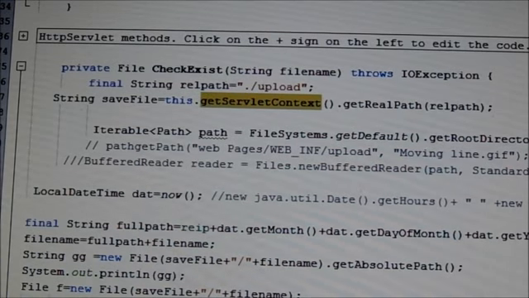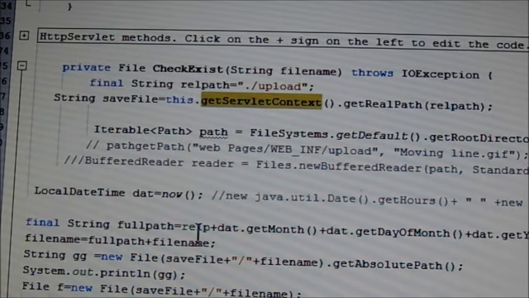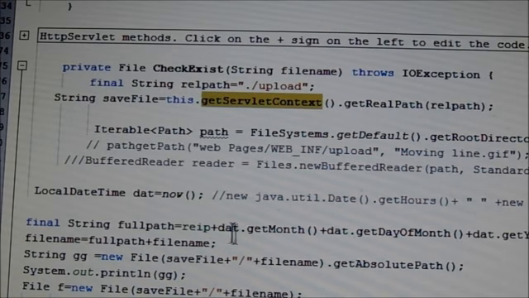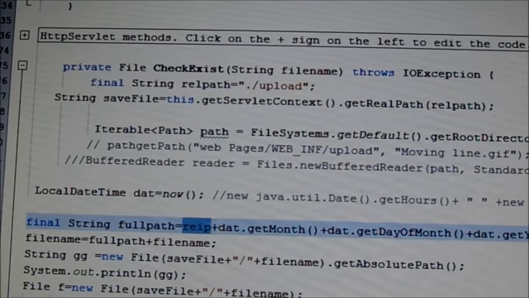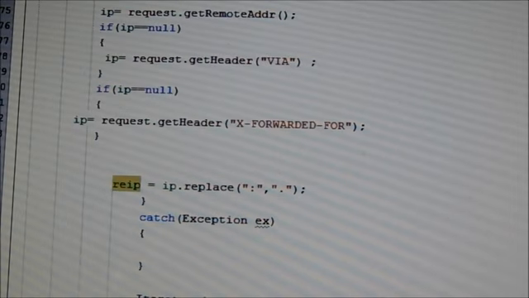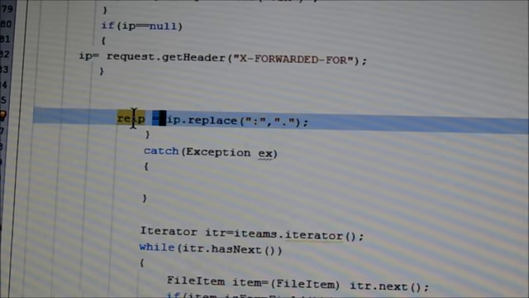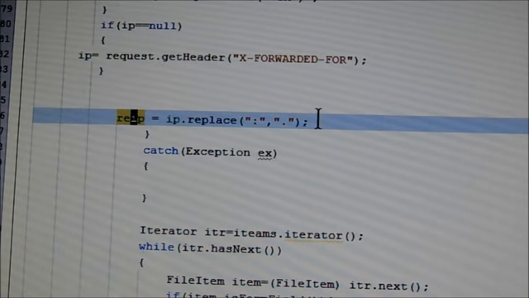The RECP is the class variable which defines the IP address of the system, the IP address of your local system. We can see here RECP equal to IP.replace.